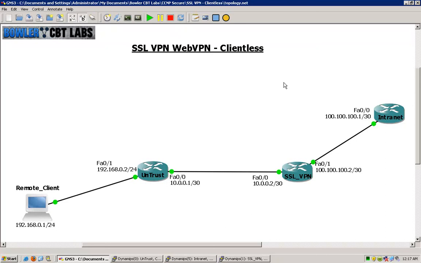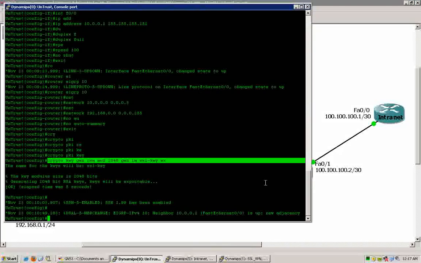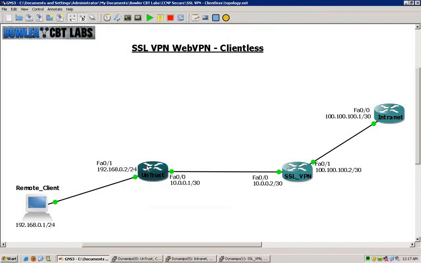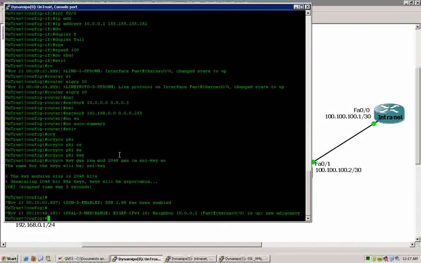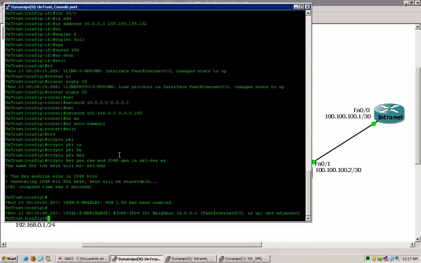through the VPN. So we will begin here with the configuration of the iOS CA server, and we'll be setting that up on the untrust router, and then we'll be joining the SSL VPN router to that iOS CA. I've already generated a self-signed certificate, and I've configured